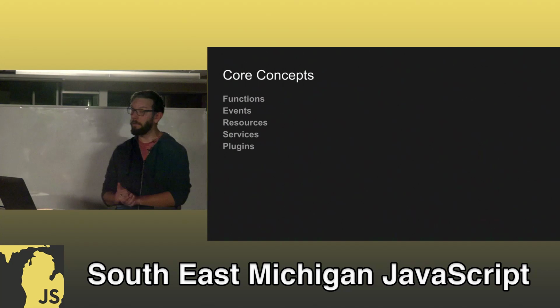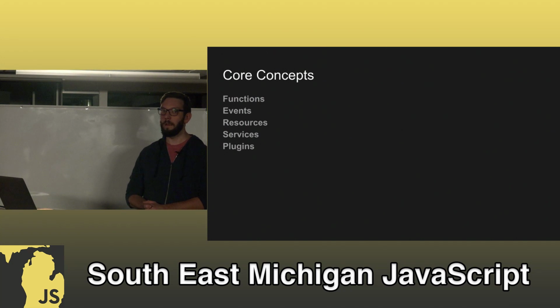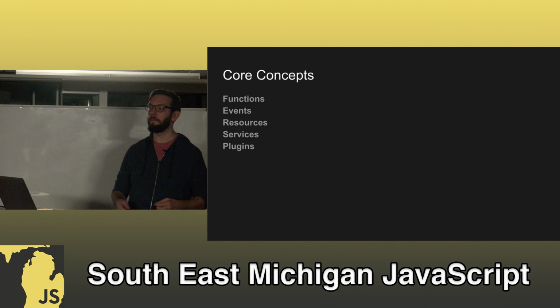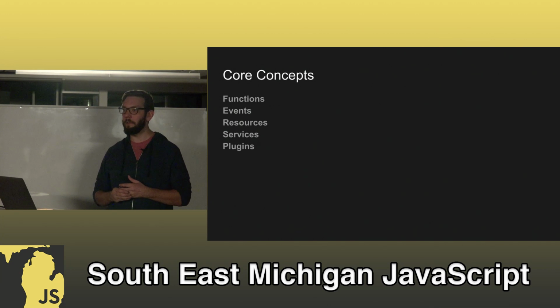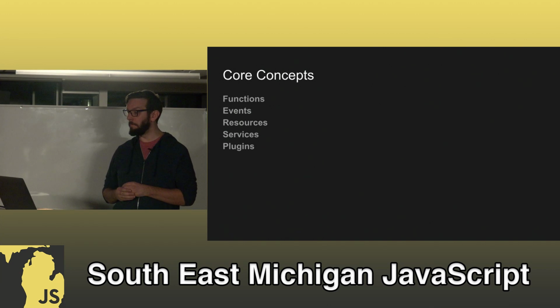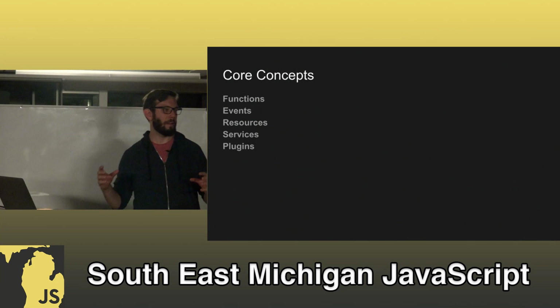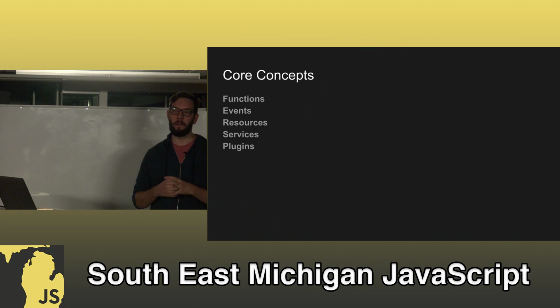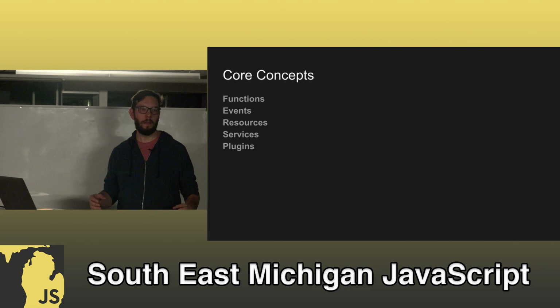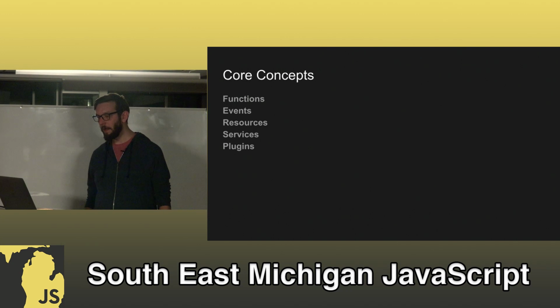We have resources. Those are things like, for my setup, I have DynamoDB set up as a resource, or if you wanted to spin up a queuing service, you would use this for that as well. Then we have services, and these are the kind of core pieces or like an encapsulated piece of serverless tooling. A mature project will probably have a number of services that interconnect. Finally, we have plugins. That's an extension point. We're not going to talk about plugins tonight,